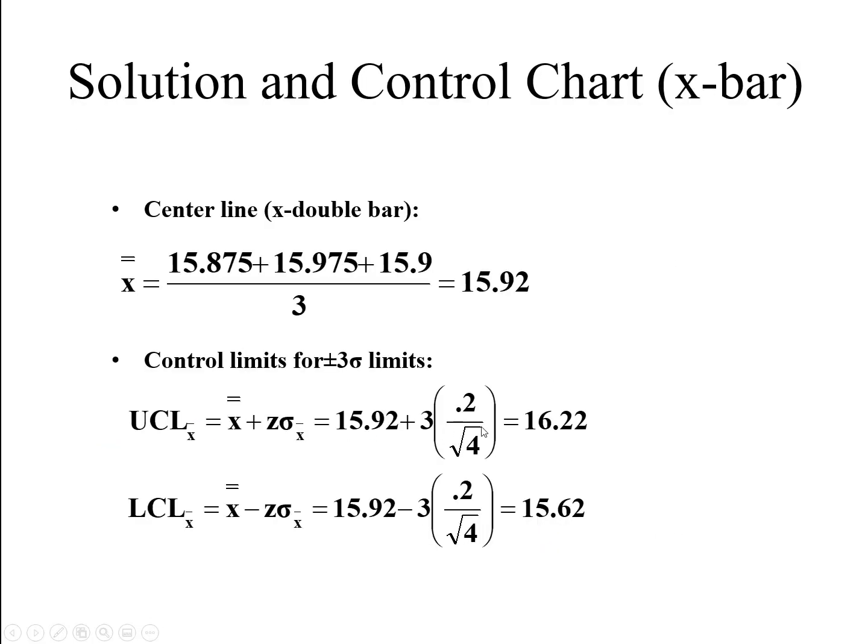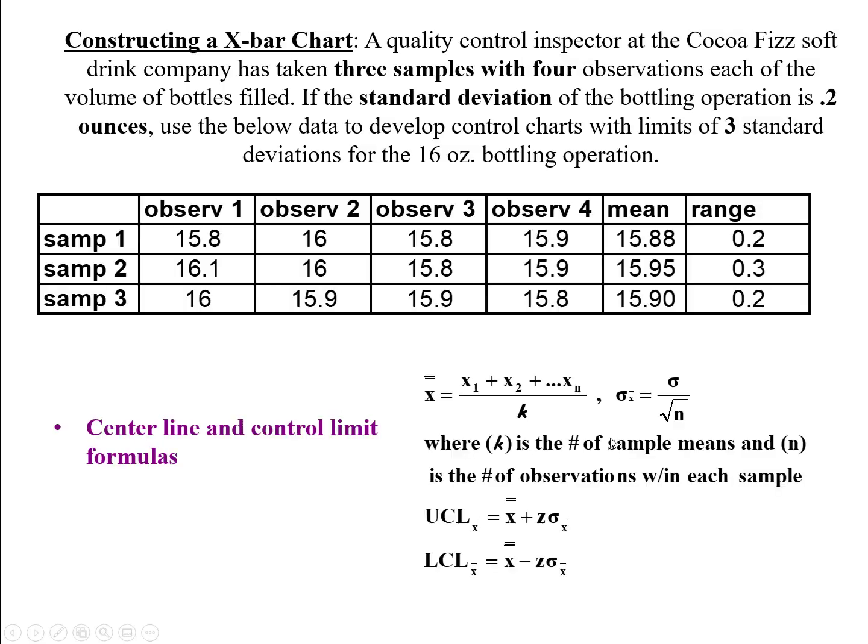So now you need to calculate sigma, 3 standard deviation, and they already give you the standard deviation of the bottling operation, which is 0.2. That is the deviation from the mean. Let's suppose they are putting 16 ounces of liquid in each bottle. They say that sometimes it goes up and sometimes down. Sometimes the amount of liquid in the bottle will be 16.2, sometimes it will be 15.8.